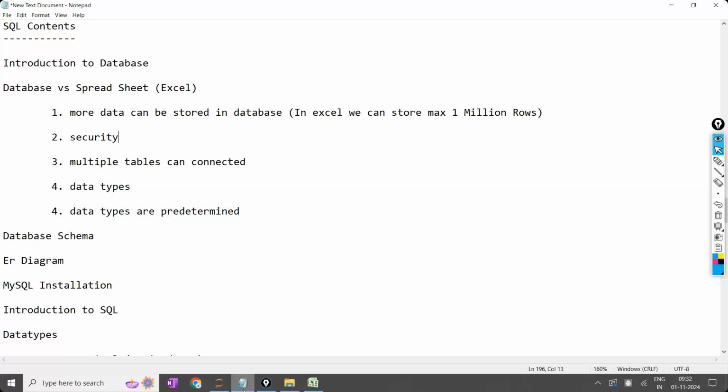Second point, if I give the option for download, what happens? Two years back, for one of the batches, in the starting stage when I joined Naresh IT, I gave the option for download. What happened is the students downloaded it. Okay, nice. They spread it to other students. That is also nice because others are also learning from my notes. I'm happy if someone learns from my notes. I don't have any problem with that.